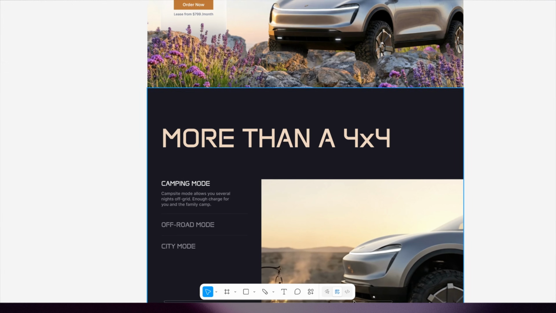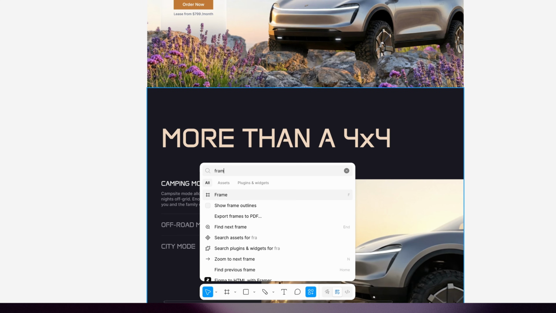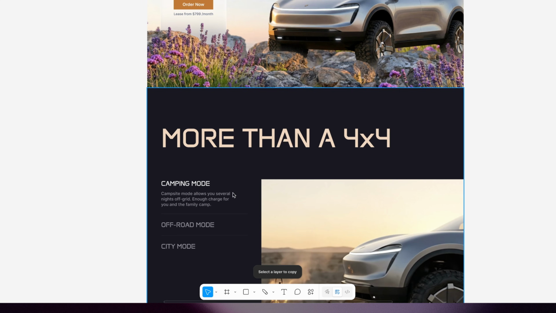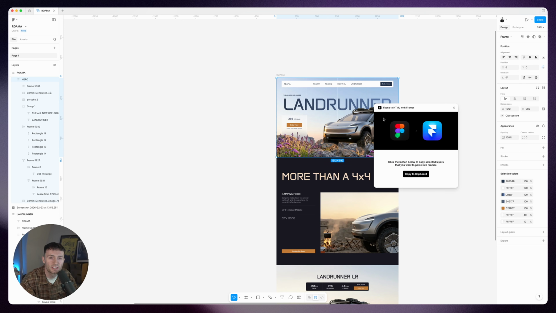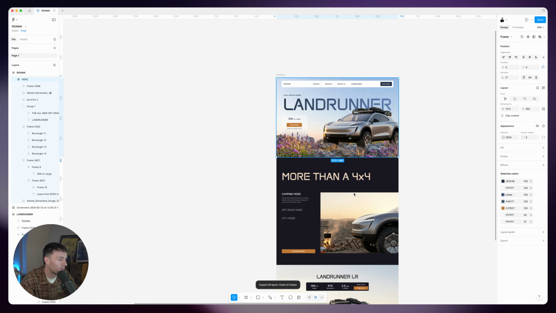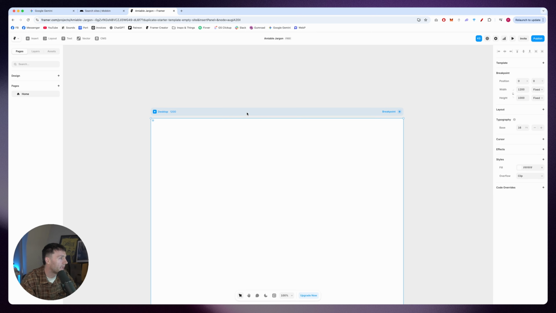Now I'll show you guys how to quickly turn your Figma design into a Framer functioning website. So in Figma, you can go down here and you can type Framer and you can select the plugin. Now we're going to do just a section at a time, and you'll see how easy it is to get this across into Framer, and you can just paste this in directly, and it's going to paste in all your images,